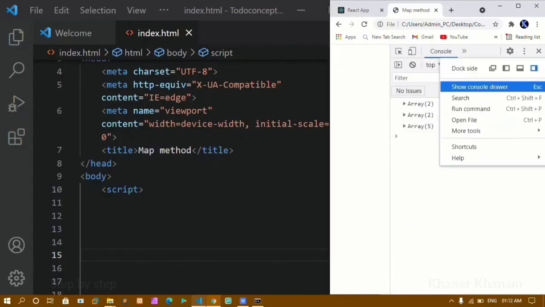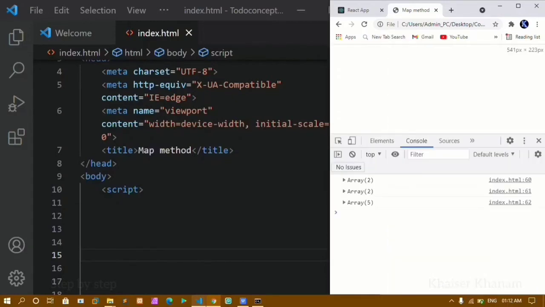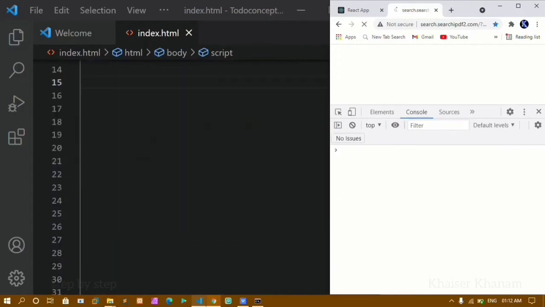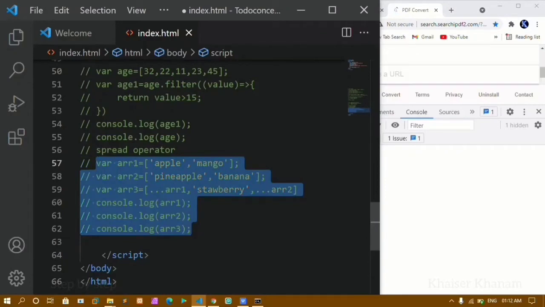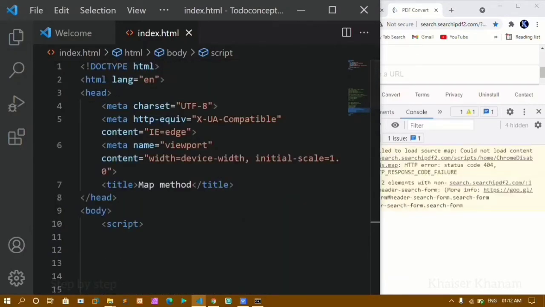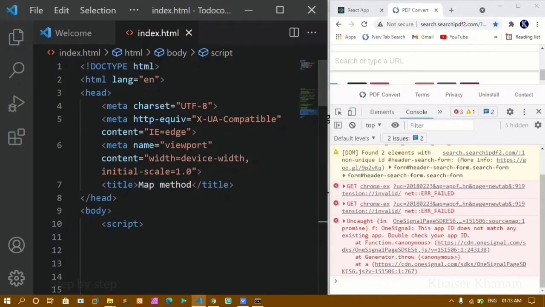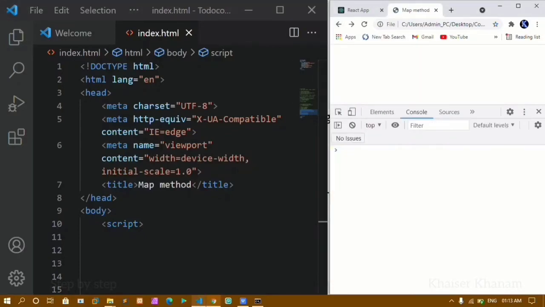I'll bring this down. Here I have this console and some code. I'm just going to comment this. Now you can see in my console I don't have anything.